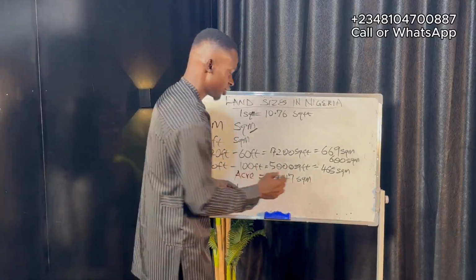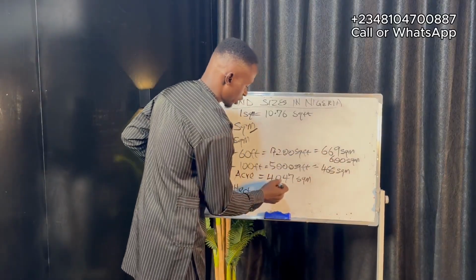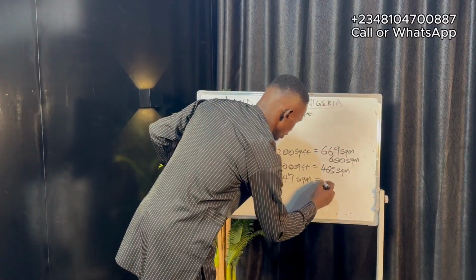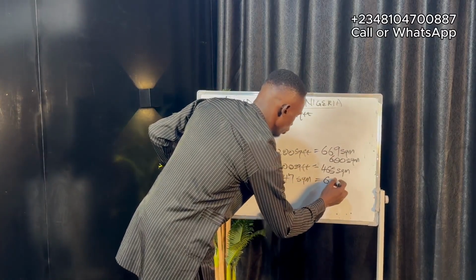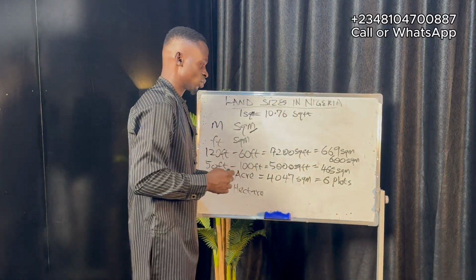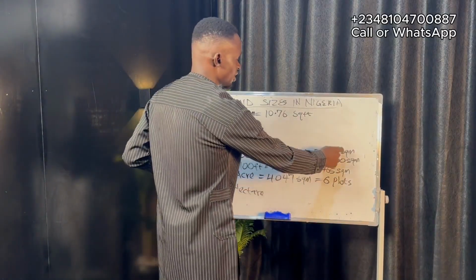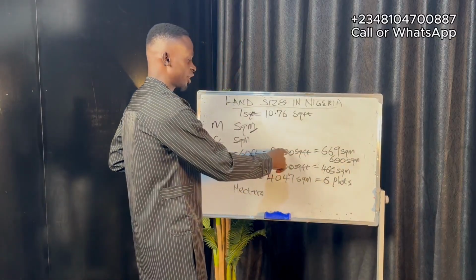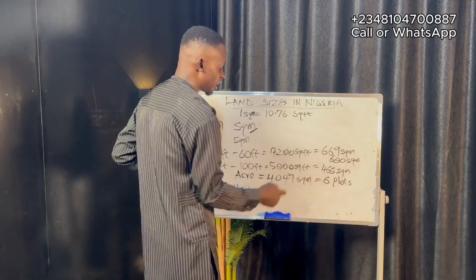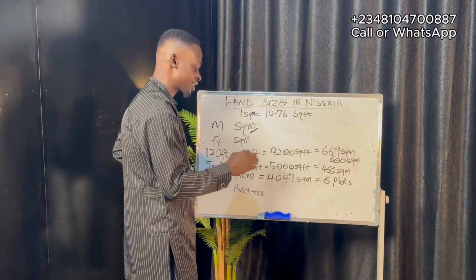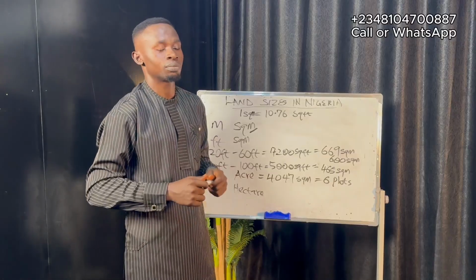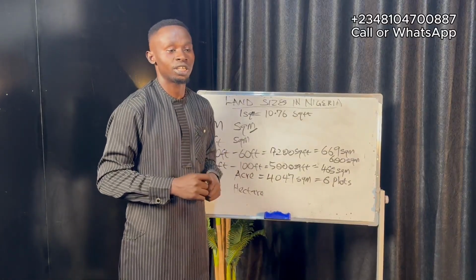So when you divide this 4,047 square meter by the square meter size for places like Lagos, you should be getting around 6 plots of land. I hope you understand the maths. Like I told you earlier, this 669 is what we get when you are converting 7,200 square feet to square meter. So we divided the globally recognized standard for an acre by this, and it now gives us 6 plots. When you are buying properties in Lagos and you're talking about an acre, most of the time it is